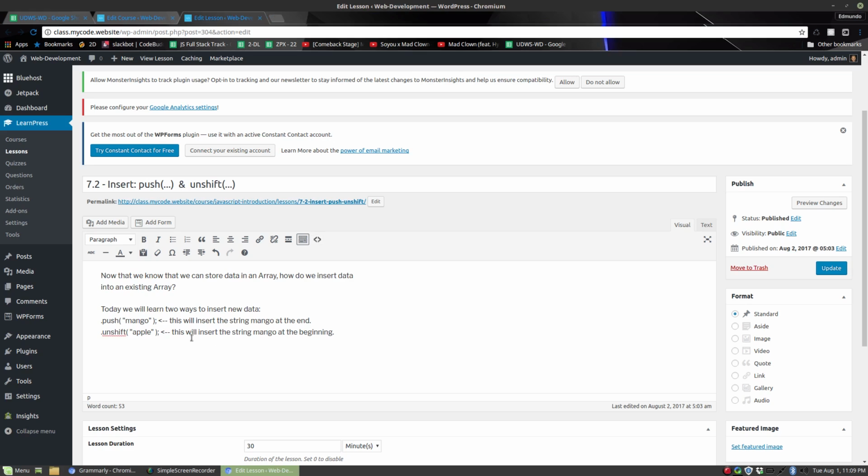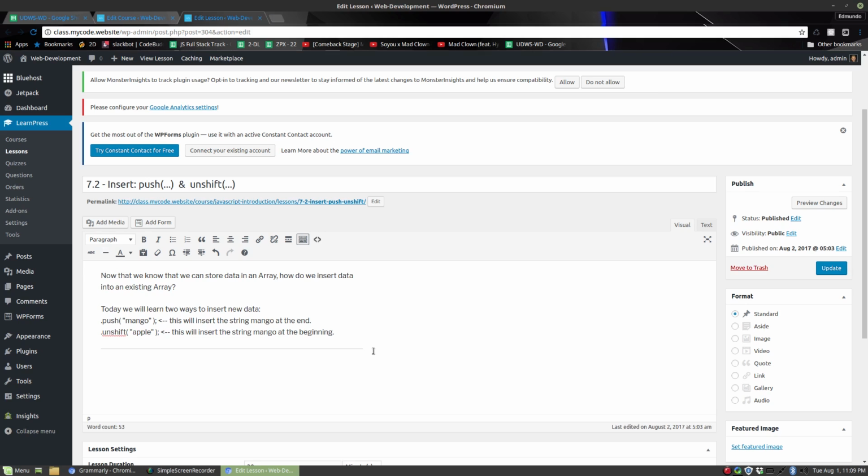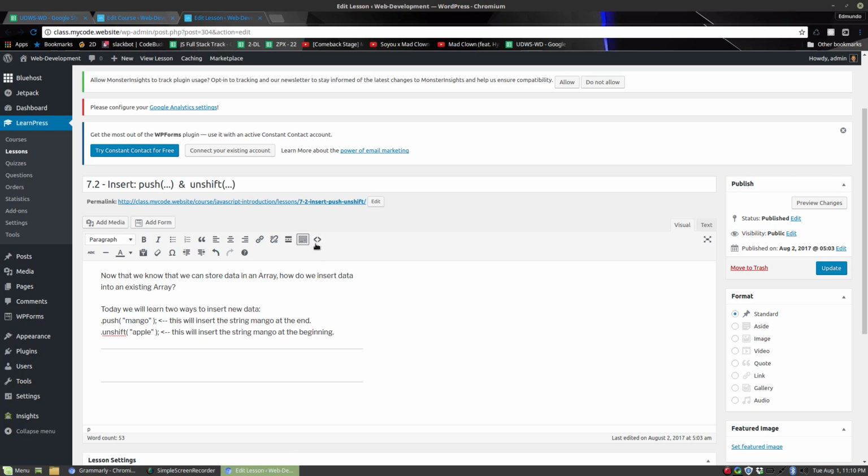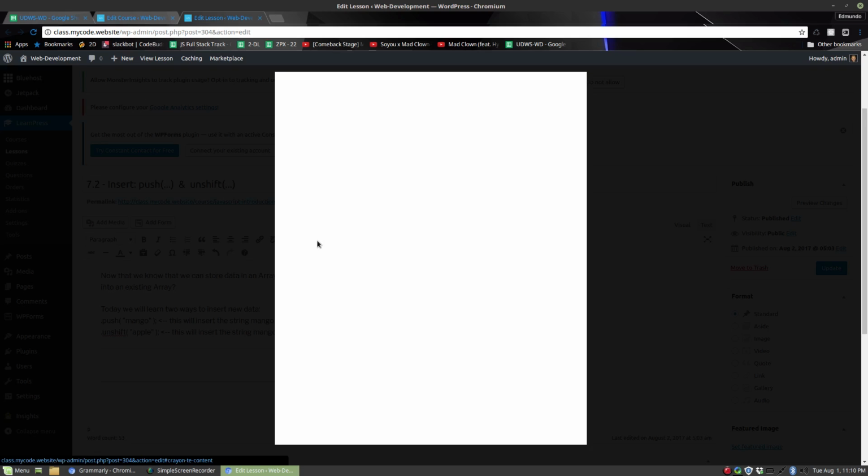The way that we're going to be adding snippets of code is, first of all, use a horizontal line, and then a second horizontal line, and we're going to be putting the code in the middle right here. Did you see this icon right here? This is the icon that allows us to insert code into the blog post or into the lesson. First I put the cursor in the place where I want the snippet of code, and then I just click this button,